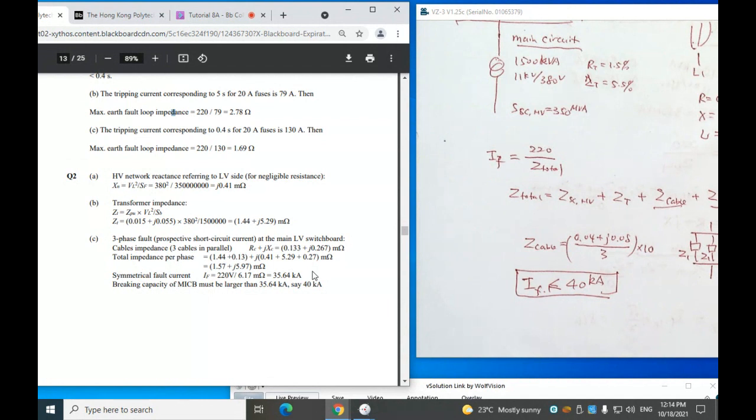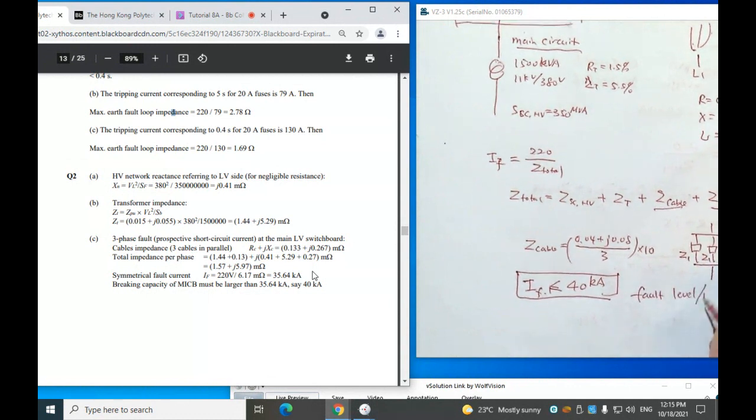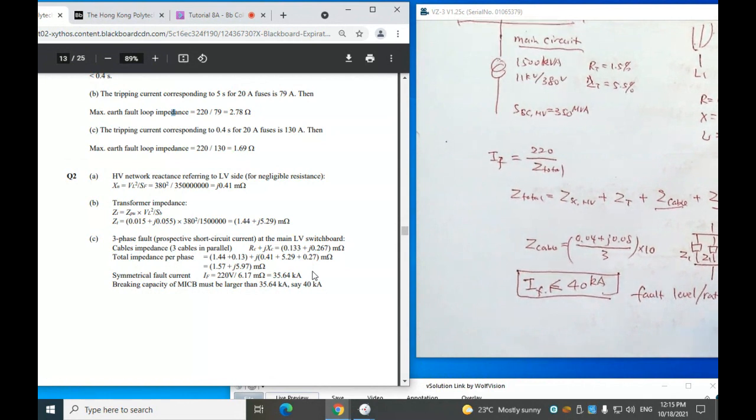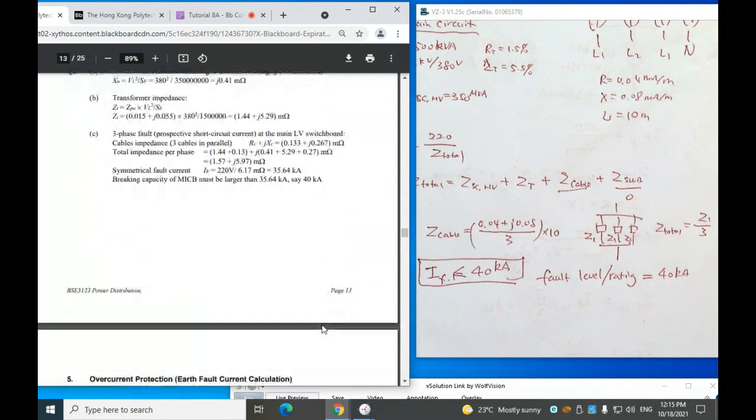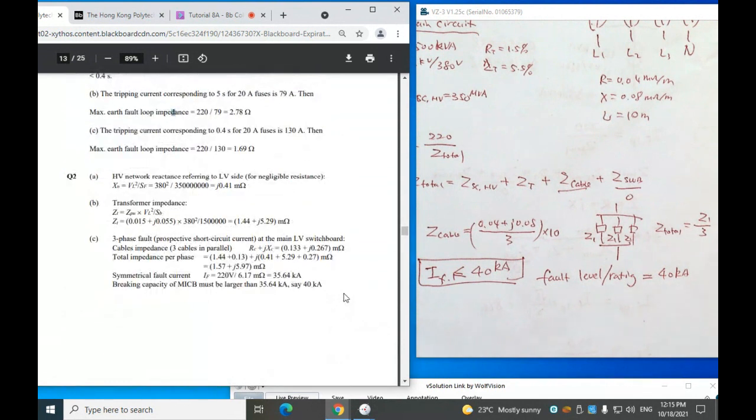Sometimes we call this the fault level at the LV side. When we say the fault level or fault rating, whatever you call it, at the LV side it is 40 kiloampere, which means this is the largest fault current. That's the material given in the